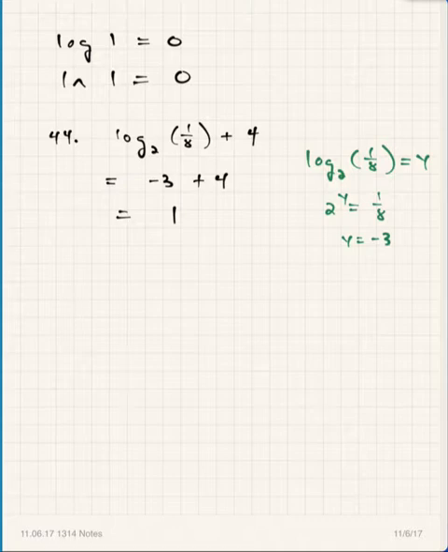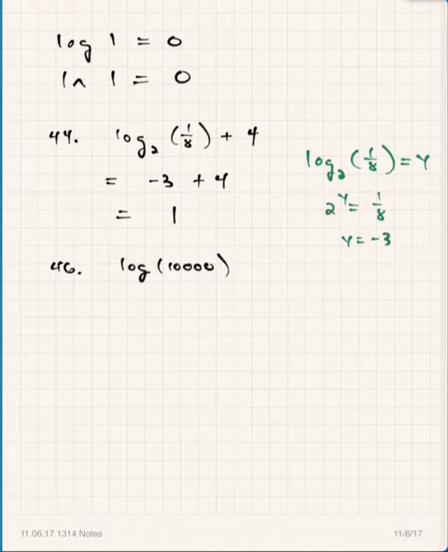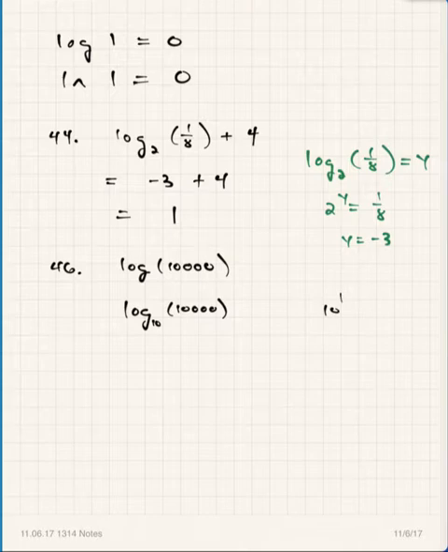All right. This is problem 46. You have log of 10,000. Now don't forget what log means. That's logarithm base 10, and if you want to write it that way, that's fine. That helps you keep it straight. This is the power you raise 10 to to get 10,000. That's what you're being asked here. You're saying 10 to what power is equal to 10,000. And because there's 5 zeros there, what do you get? That's got to be 5, right?